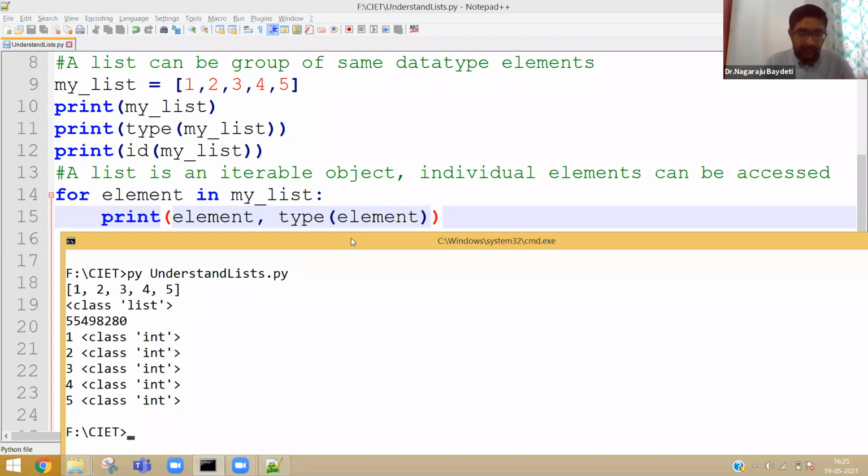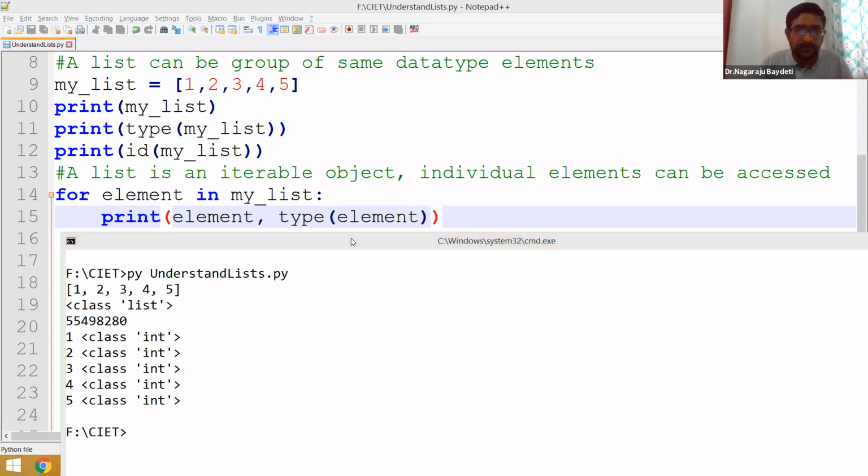So let me write in the annotation text box so that it is easier for you to refer to: my list is an object of class list where 5 integer objects are stored.